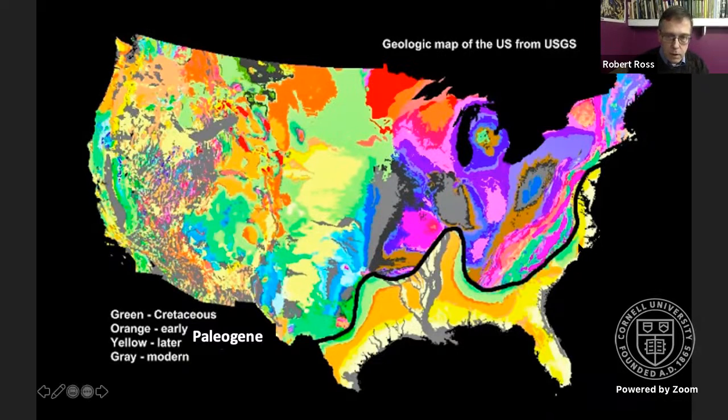And on the other hand, in this area, below this black line here, this whole area is known as the Gulf Coast, the coastal plain. We have Cretaceous and Paleogene and Neogene sediments. And I see that I need to change my label on that. I believe that the yellow includes Neogene. Anyway, with that technical detail,